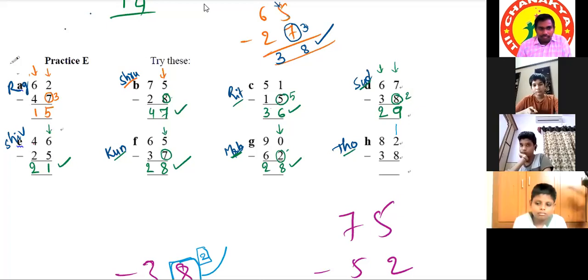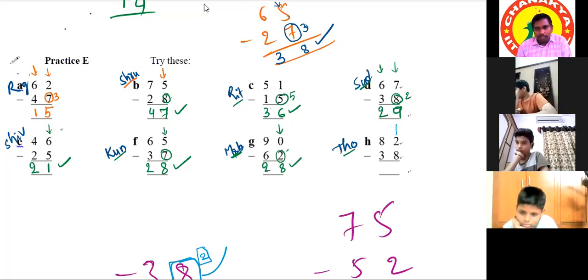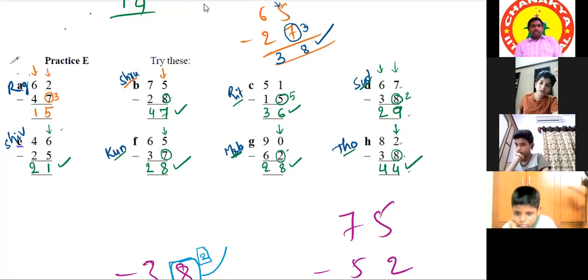Yes, sir. Coming to this problem, the first column, 8 and 3, it's a match. So the answer will be 5 actually. But beside that, we have 2 and 8, which is a mismatch. So we have to write it as 4. Okay. And coming to 2 and 8, as it's a mismatch, the complement of 8 would be 2, which would sum up to 10. So 2 plus 2 is 4. So the answer is 44. Correct. Very good. So 44.